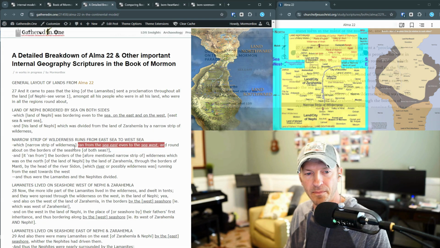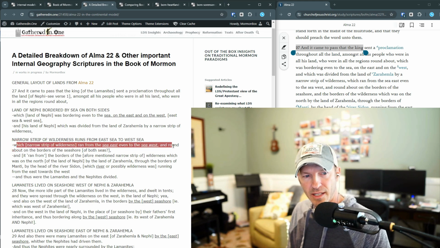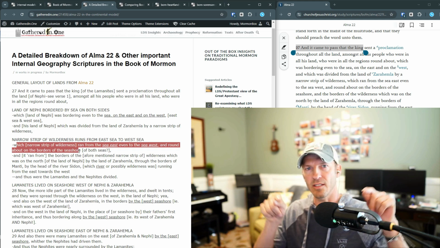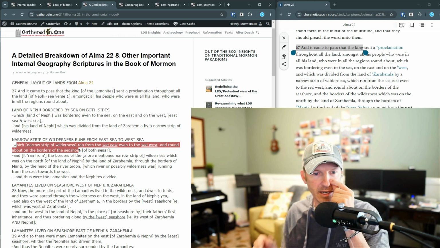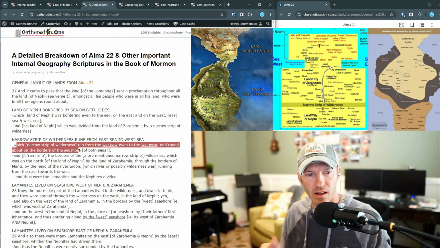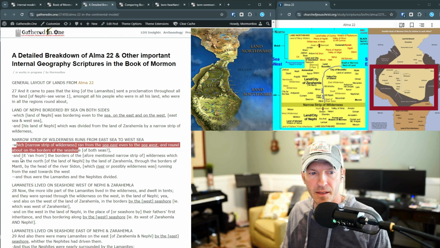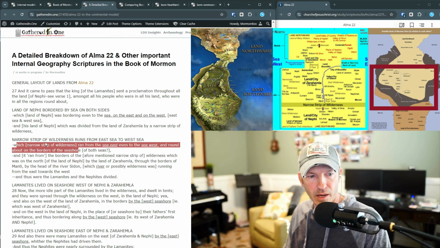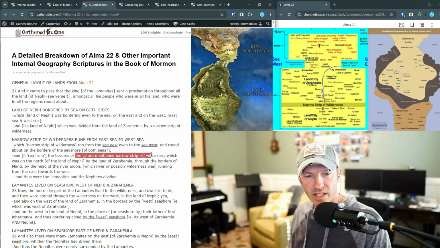Okay, let's continue on. So, which narrow strip of wilderness ran from the sea east even to the sea west and round about on the borders of the seashore. So that narrow strip of wilderness runs round about, right? One of those lands. We're not sure here whether it's talking about it, but it's running round about either the land of Nephi or the land of Zarahemla, about on the borders of the seashore, probably on both sides. Okay, and so we're probably still talking about the wilderness, and it ran from the borders of the aforementioned narrow strip of wilderness,